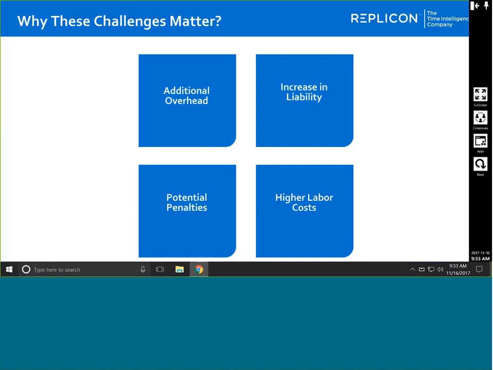big economic hurdles. So one of them is the additional overhead. So there are a lot of issues with the manual back and forth process. The inefficiencies reduce productivity, and you end up with a lot of overhead costs. The cumbersome process also means that employees and supervisors may not take the time to properly track time off, leading to huge amounts of liability debt. The errors can also lead to issues with compliance, which then can lead to potential penalties.